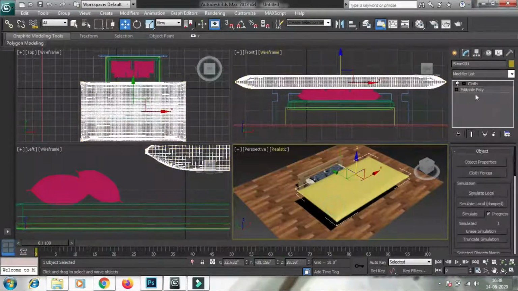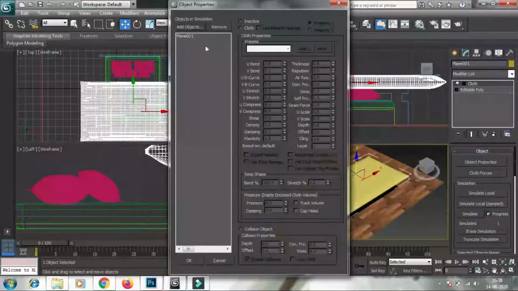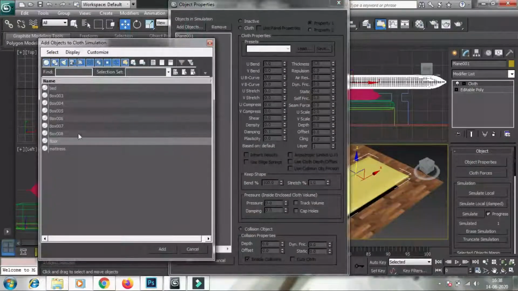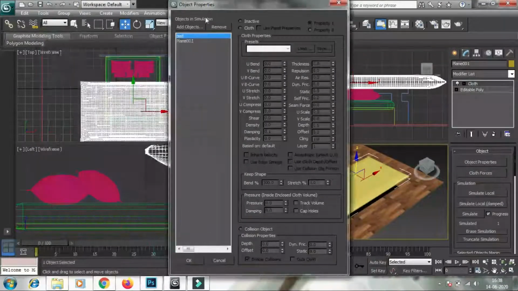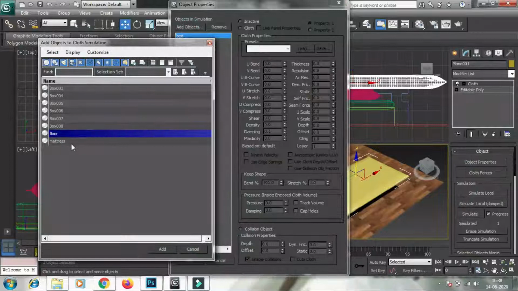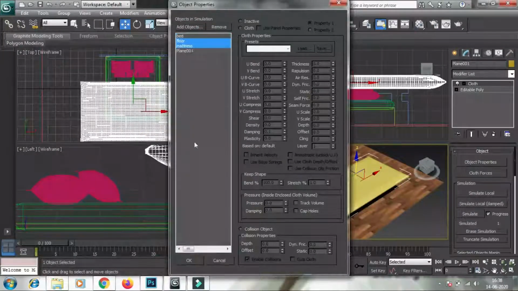So go to this cloth object, then go to object properties, add object and select bed, floor and mattress, add.